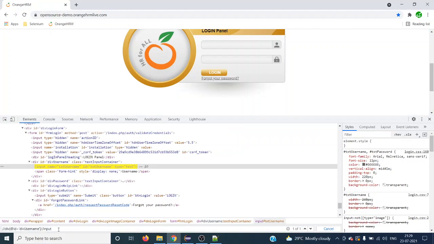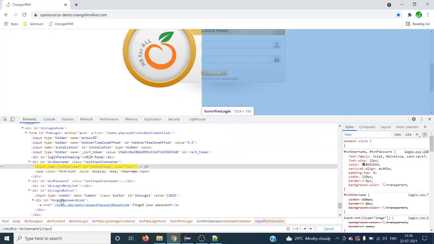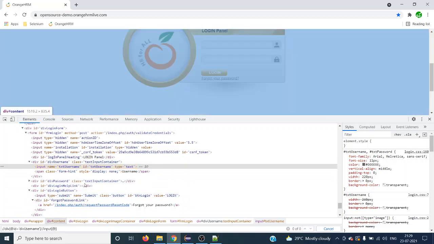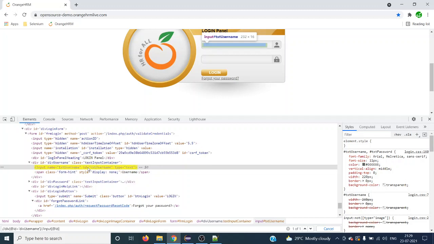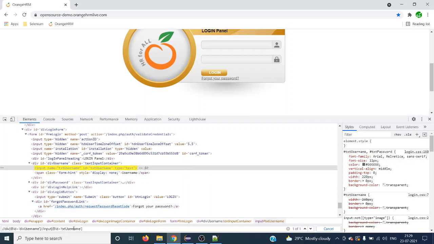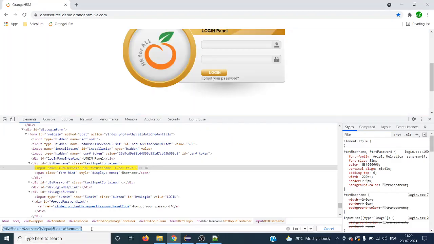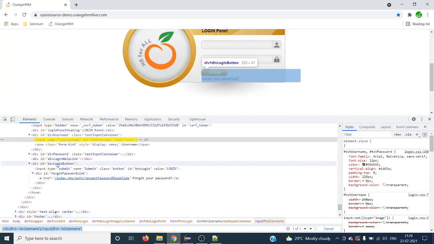And even if you are not sure, and there are multiple siblings under this, then we have to filter with attributes only. In that case, we can use id as an attribute, or any of the attributes which is available, then give the text username, right? So this is the chained one. We can write any number of children over here. There is no limit to the number of children. So if there are multiple tags like this, input tag like this, and under that we have another, we can just write continuously,